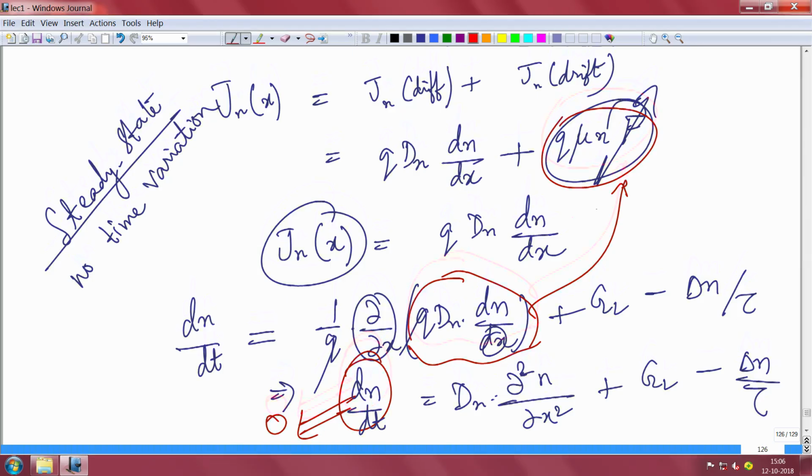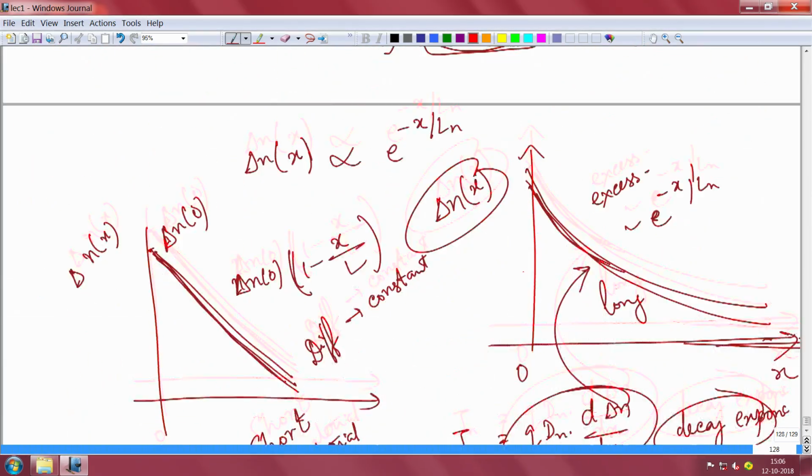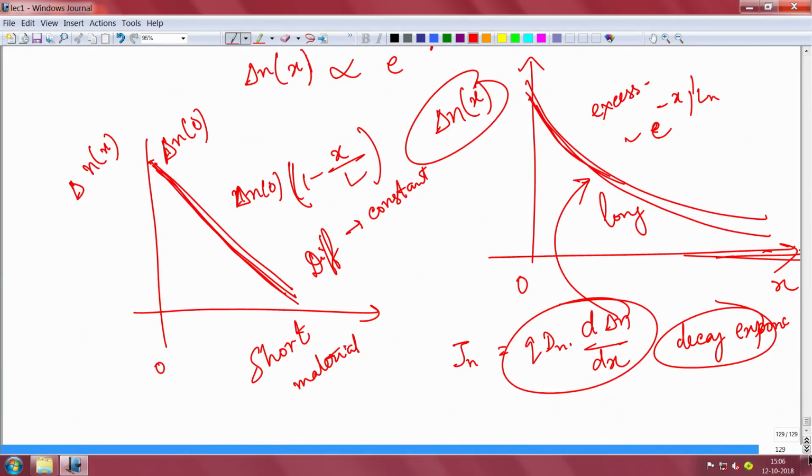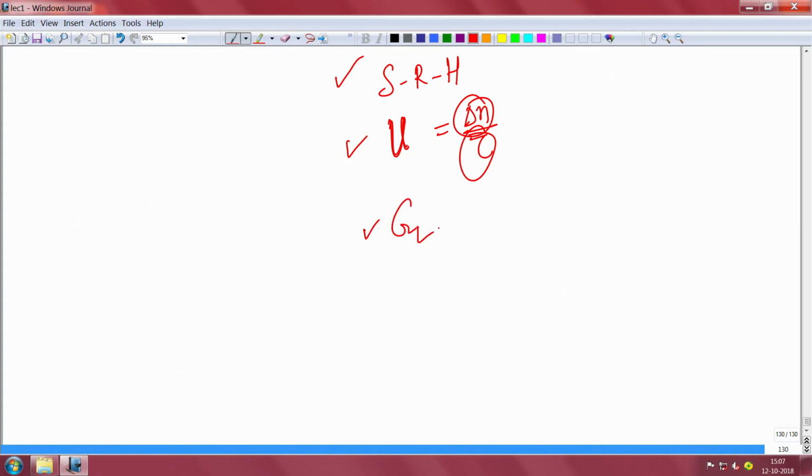Okay. So, the things that we have learned right now, I can tabulate again here. We have learned about the Shockley-Read-Hall statistics and how recombination takes place. I told you the total recombination rate is delta n by tau. Tau is the lifetime, delta n is the excess carrier you have, and this is the recombination rate you have. You might shine light and generate some carriers, which is the optical generation rate.